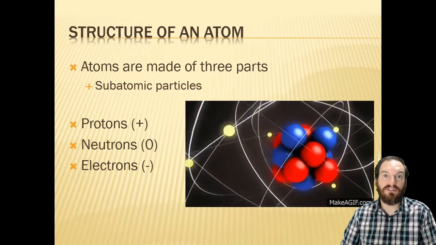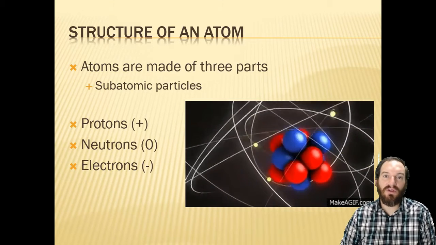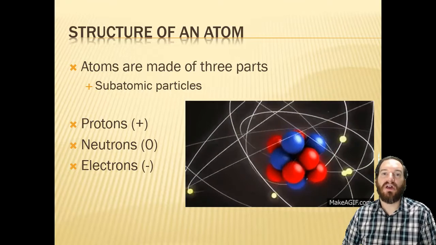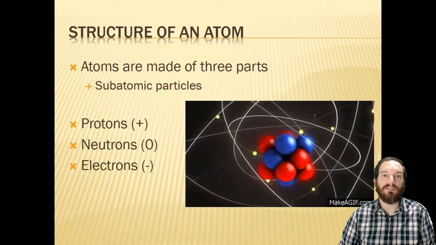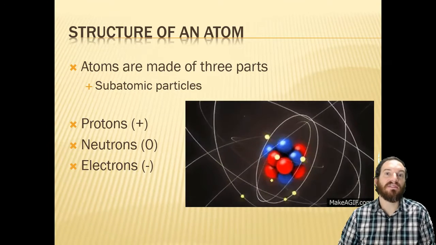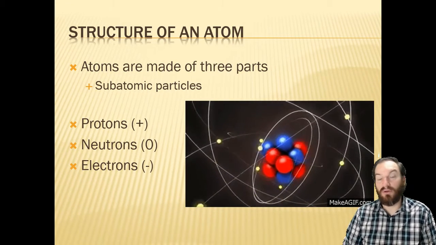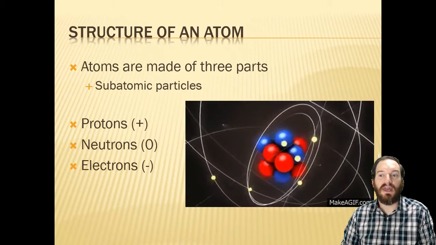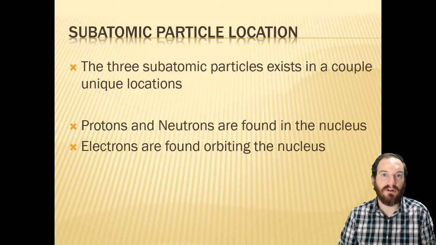If you compared an electron to the size of a proton, electrons are incredibly small. They are very, very small. And so as they are whipping around the nucleus of an atom, they have an immense amount of speed, but their charge is equal to the proton charge. I know there's a lot of advanced stuff we could talk about, but I'm really just trying to get the simplest version. So you have protons, neutrons, and electrons. Protons being positive, neutrons being neutral, electrons being negative. Right?